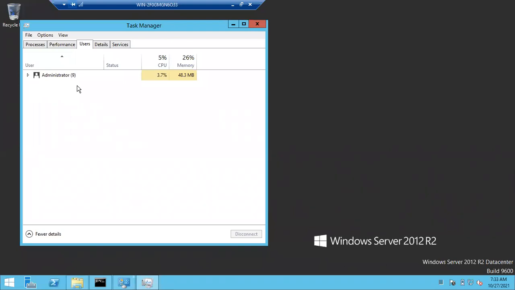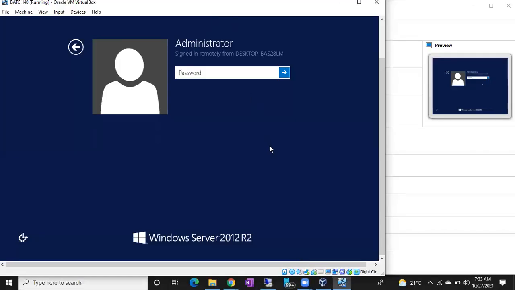So whoever is connected, you can see the login name they used to connect. The login name might be different from their actual name; usually the login name will be in shortcuts. So this is the way to check who the other users connected to this machine are. This is important while restarting the server. It's very important.